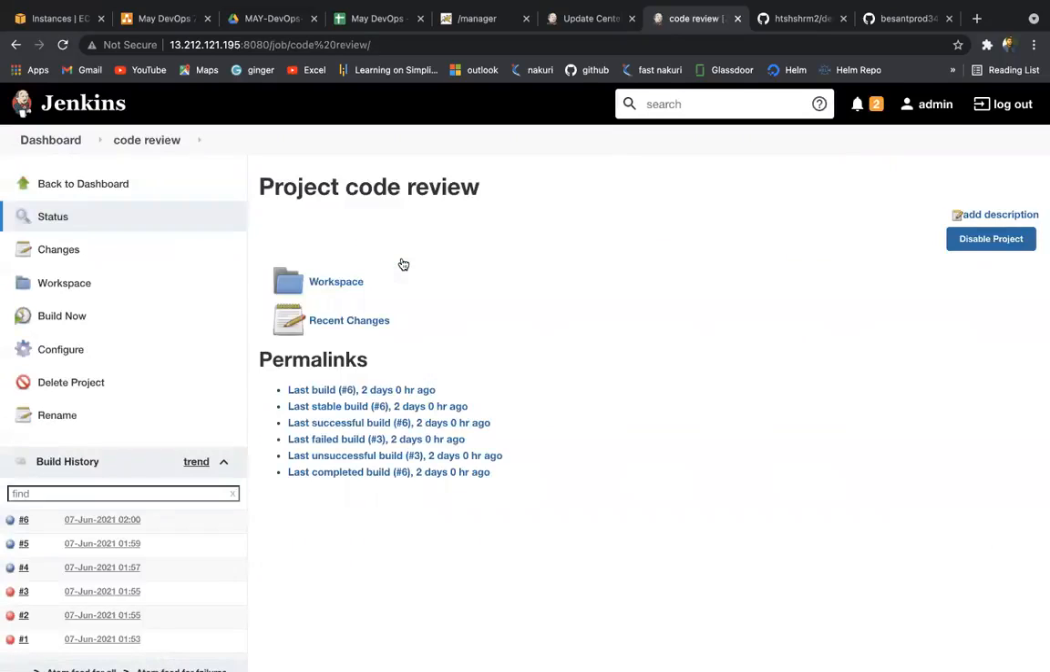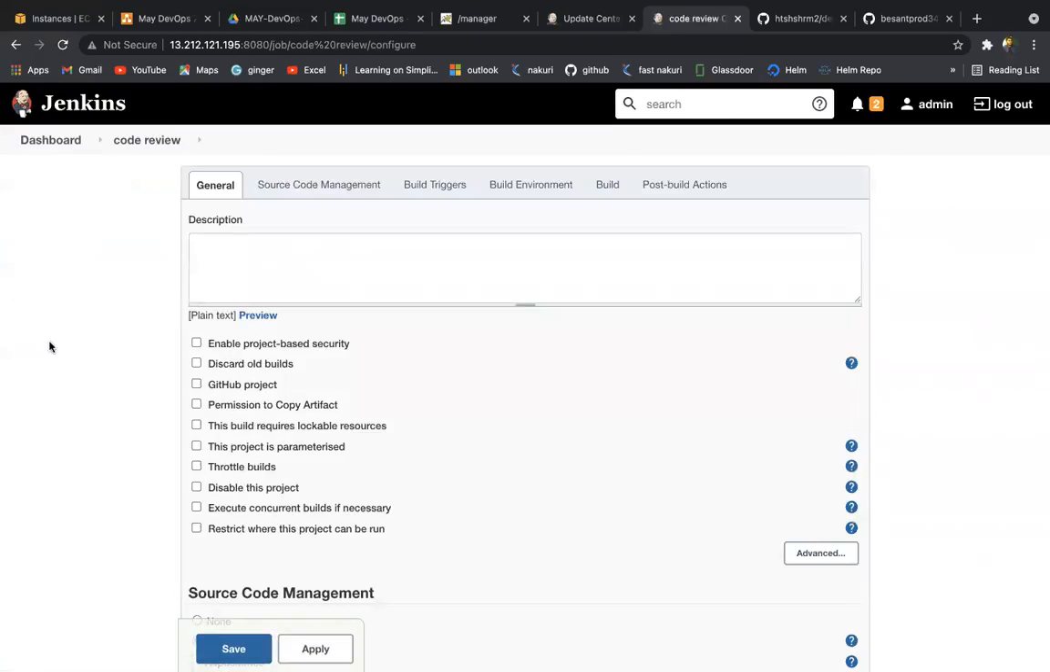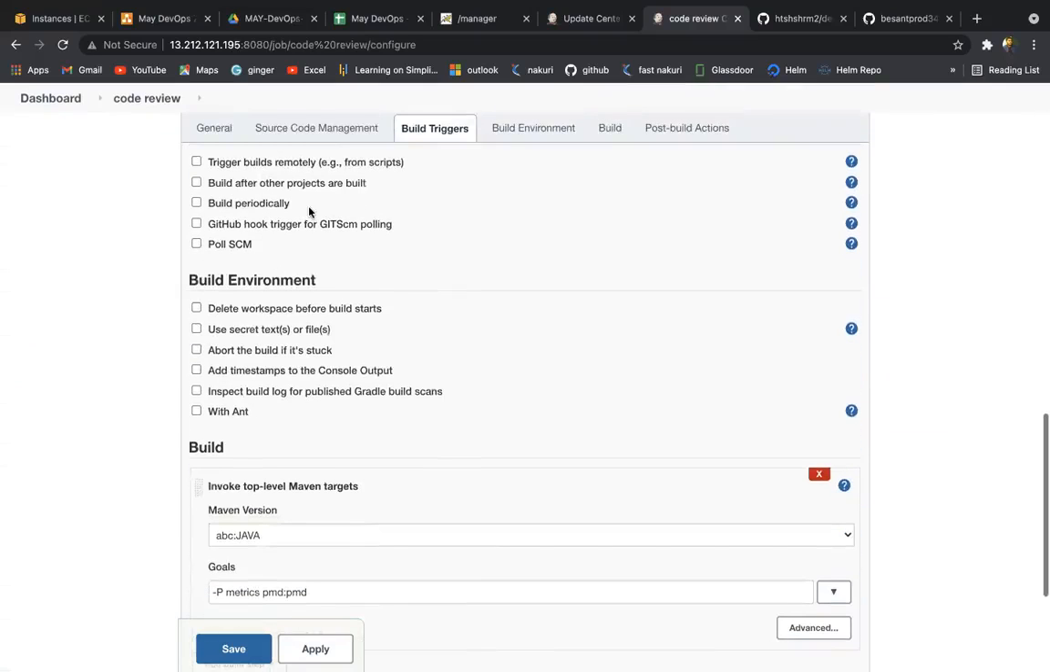Go back to code review. Here configure is there, right? Go to build trigger. Here we should not schedule. You can see trigger build. Oh no, sorry. Second option, build after other project. Which project? Build after